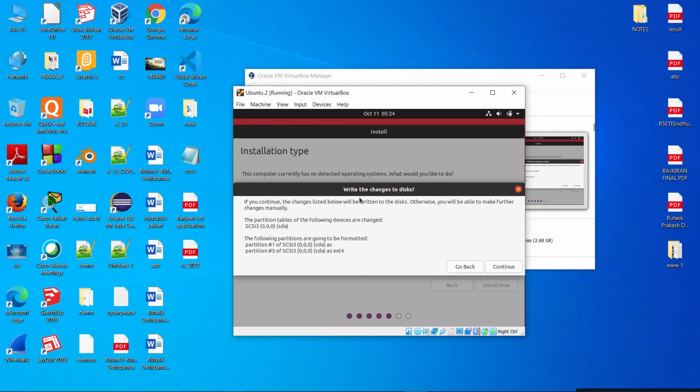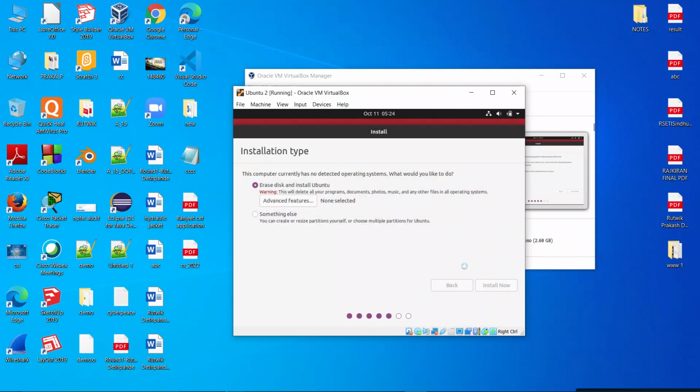And it will ask our permission to write the changes we have made to the disk. Just click on continue, and it will start. Just wait, we have done all the installation process successfully. That's why no error. And if you have faced any error, just check on the storage tab which folder you have selected while installing, that is the ISO folder, because it may create a problem if it is not in the proper folder. So just check and continue the process.